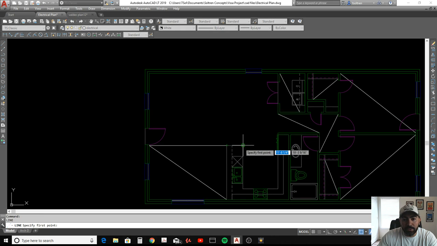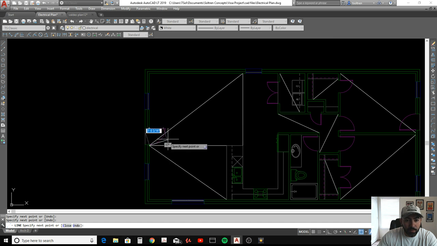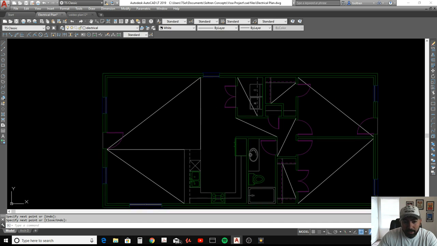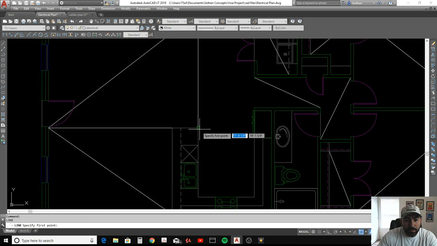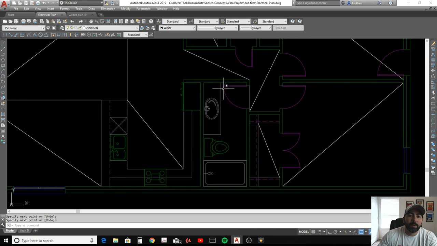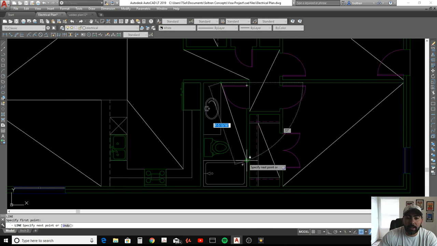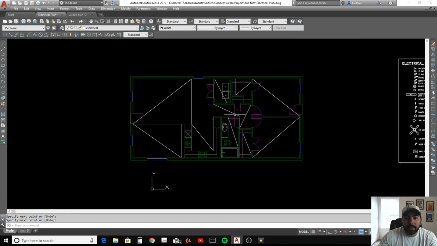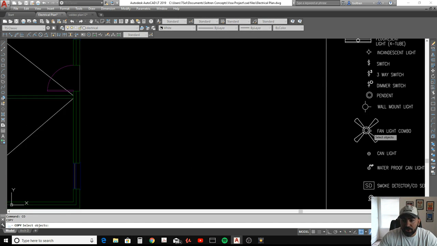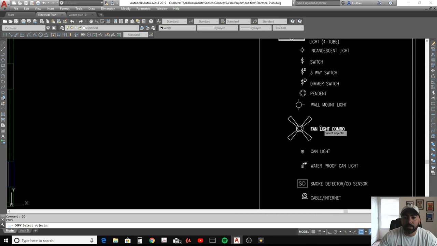Let's draw maybe a line out here, and maybe we'll center one there. Maybe we might offset it a little bit there. And we'll center some lights in here. I may play with this area a little bit, but let's do it one more time over here. And that's about it. Okay, so first thing I'm going to do is add some general light junction boxes,